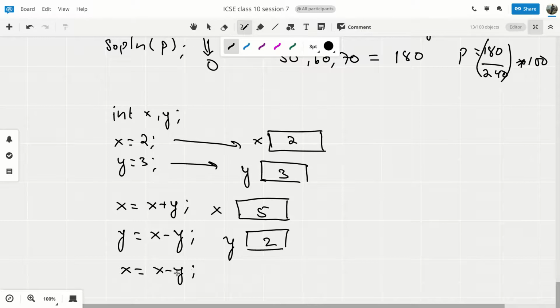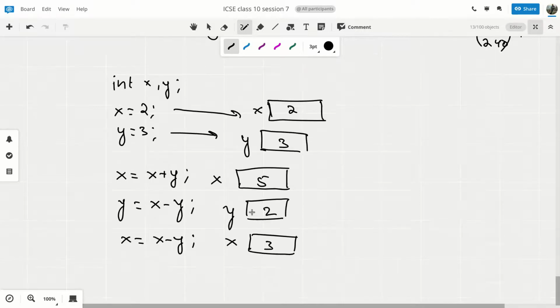So 5 minus 2 will give you 3, and this 3 will again overwrite the value which is existing as of now in x. The value existing as of now in x is 5, so 5 will be overwritten by 3 in the memory location x, and the value which was existing prior to this, that is 5, will be erased.